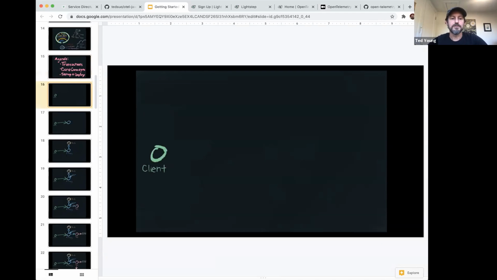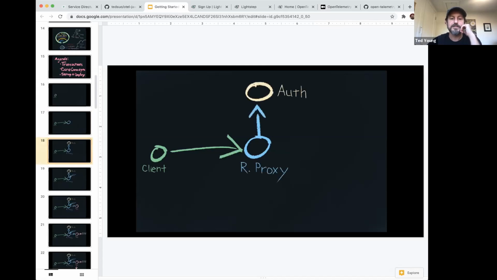So if we look here, let's say we have a client, and this client's trying to talk to a server and upload a photo with a caption. But of course, we know it's not just one server. It's going to be talking to a reverse proxy, let's say, that then calls out to an authentication service to check that this is kosher. And then it might download the image to local scratch disk and then call a local application.